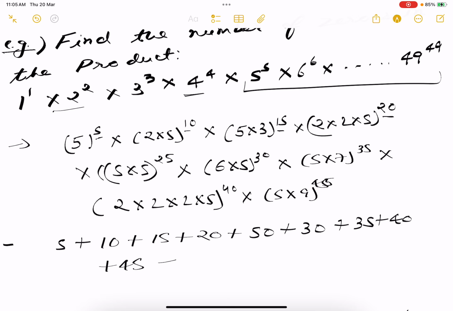Okay, now you add these to get the number of zeros. So you can add them and you can get the number of zeros. 5 plus 10 plus 15 plus 20 plus 50 plus 30 plus 35 plus 40 plus 45. So you get 250 zeros. 250 zeros. Okay,